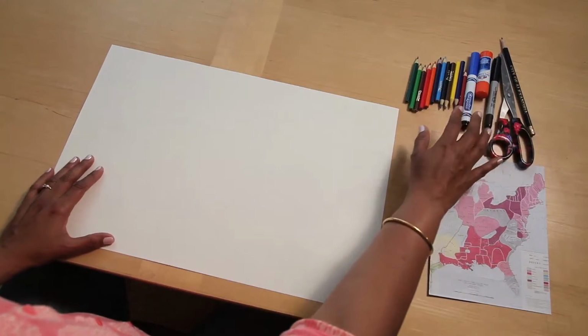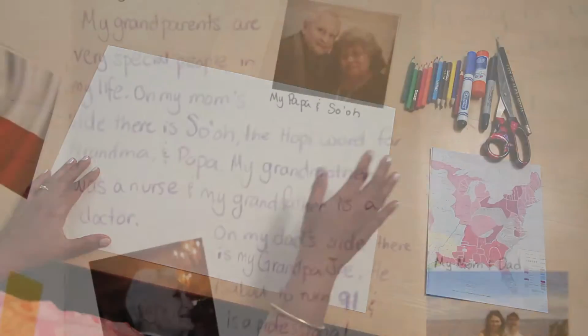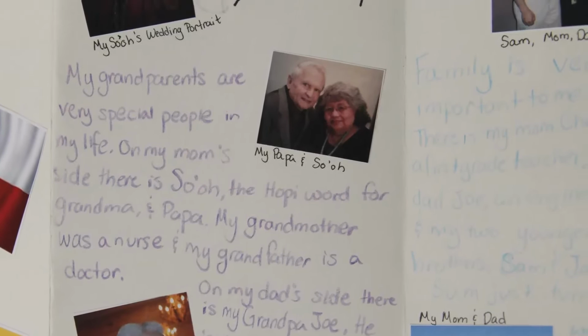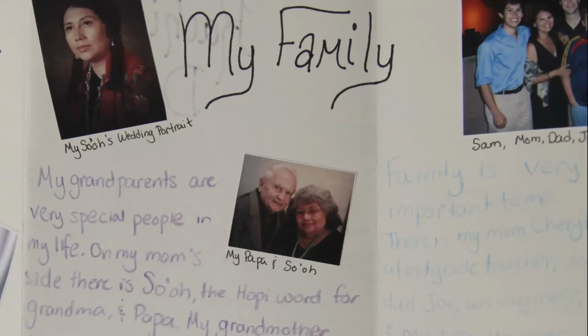So the book we're going to make, we'll need a large sheet of paper, pencils, drawing and writing materials, colors, maps, photographs or pictures from magazines that you can cut out, and the students can also make drawings of their own. To make the book, we're going to need a large sheet of paper and we're going to fold it